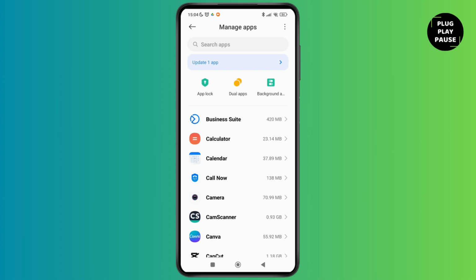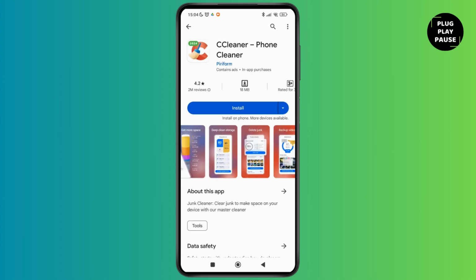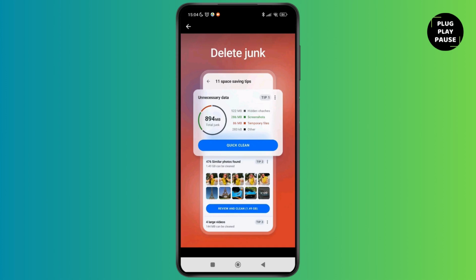individually. Next, what you can do is you can just go to the Play Store application on your device and then search for the CCleaner application on your device. So just install this and you'll be able to clean the storage and also delete the junk and clear the cache